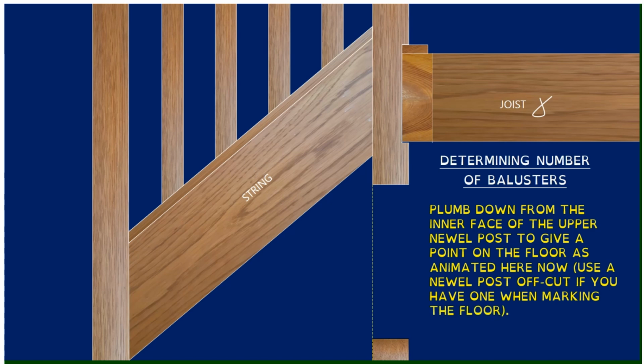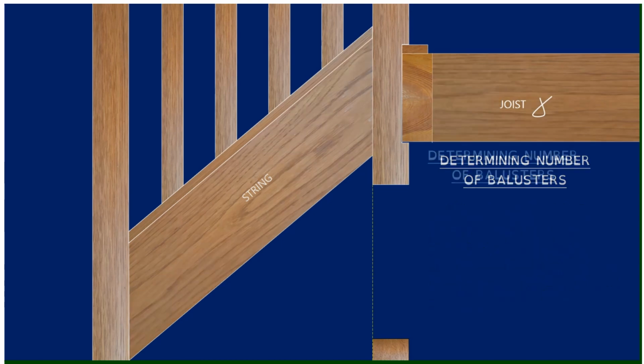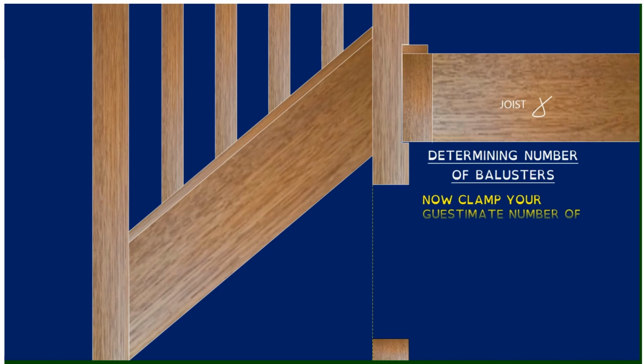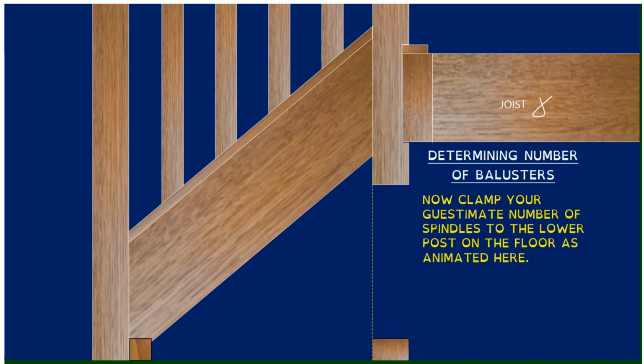And we're also going to get offcuts of our balusters or spindles and clamp them against the lower newel post. So you see them dropping into place here now. So they could be just offcuts really, if you like, of your balusters or spindles. And then you're going to mark the point on the floor there where we've left the offcut of the newel post,